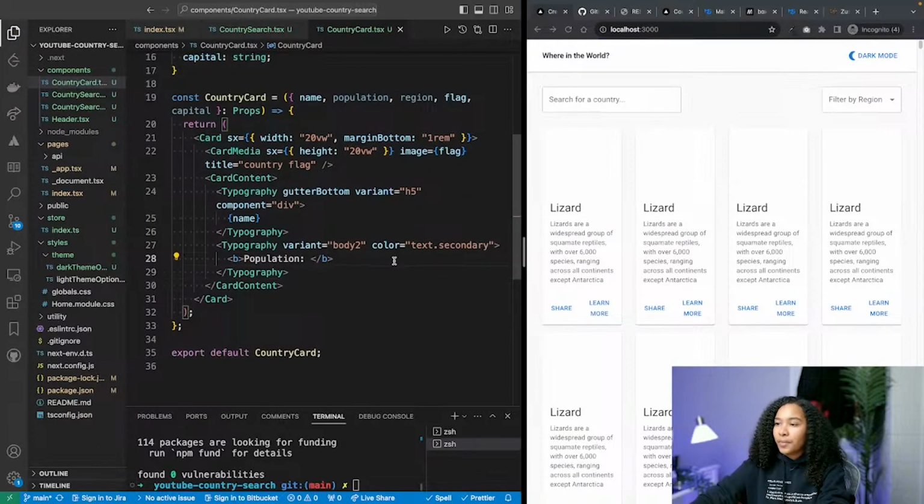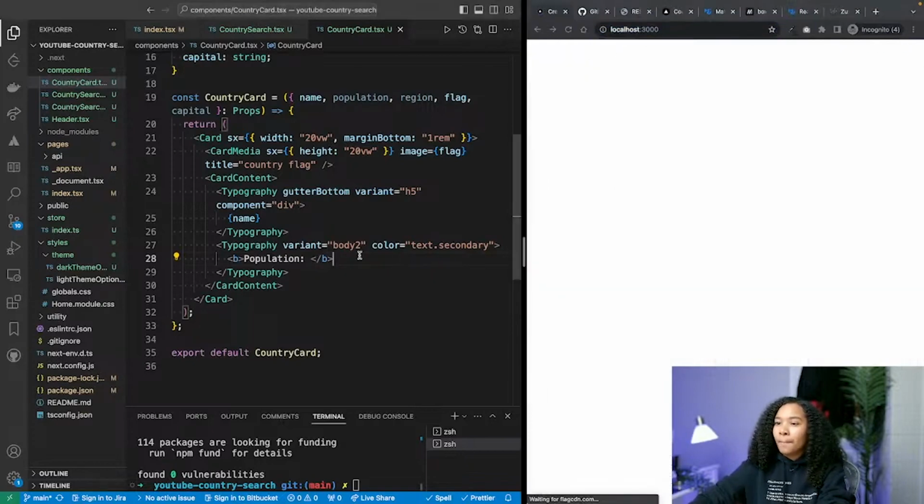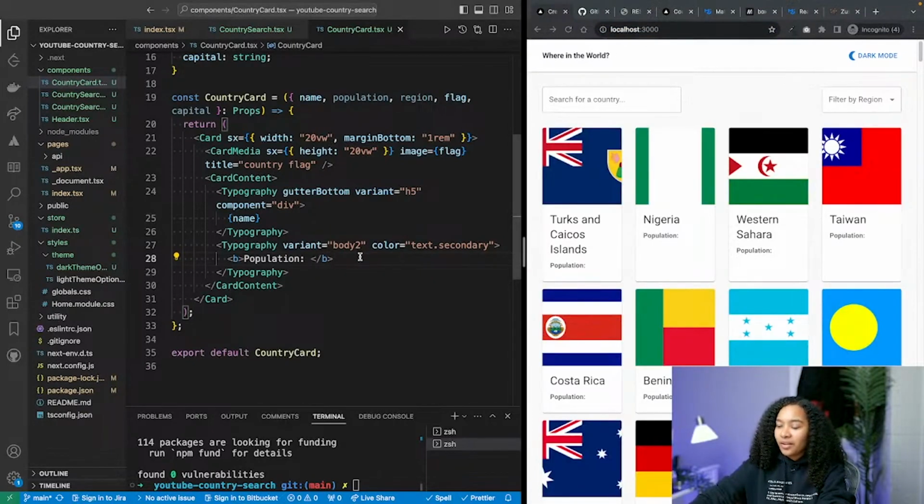And then next to population, we're going to have, and I think this has just stopped updating. I need to refresh it. And then, yeah, on the side, we're going to have the actual population. So as you can see,